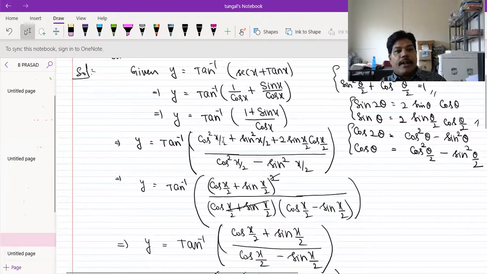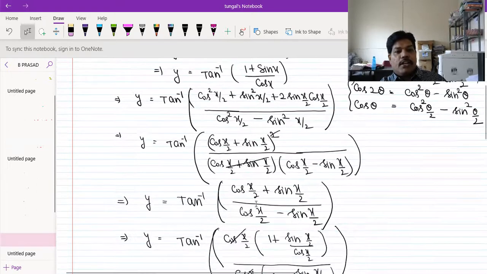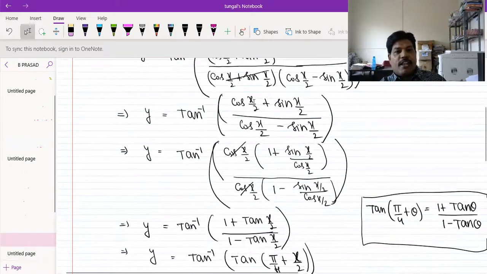So in the numerator, it will become cos x/2 plus sin x/2 whole square, and in the denominator, you can understand cos x/2 plus sin x/2 into cos x/2 minus sin x/2. So cos x/2 plus sin x/2 whole square, you can cancel the value. It will remain cos x/2 plus sin x/2 by cos x/2 minus sin x/2. In the numerator, take cos x/2 common, it will become 1 plus sin x/2